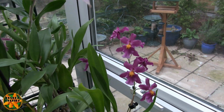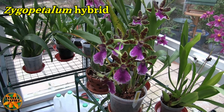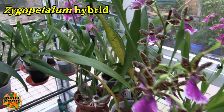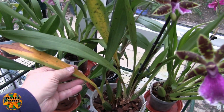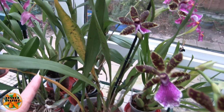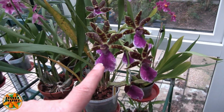It's got no exceptions, it just does what it says on the tin. And then last but not least is this Zygo hybrid, and this plant is not doing too good, and I think I'm going to have to spray it with a fungicide because, I mean, these are old leaves on old pseudobulbs, but for 3 or 4 to go very quickly in succession, I think I might need a spray on that one. This plant has never been that good, despite the latest growth being reasonable and putting up 2 spikes